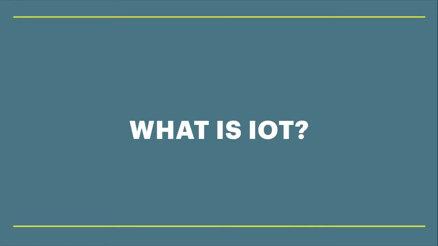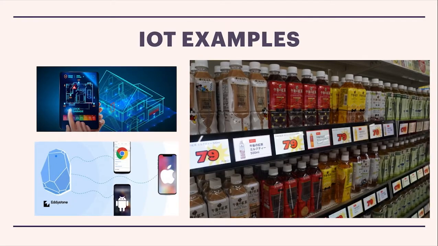So first, what is IoT? IoT, which stands for Internet of Things, describes objects and devices that collect actionable data from users. Some examples that I included here are smart homes, which can communicate with other entities outside of the house. Others are the Eddystone Beacon, which communicates with users via Bluetooth and connects to their phones. And another is smart shelves, which can actually sense the types of people that are interacting with the objects on